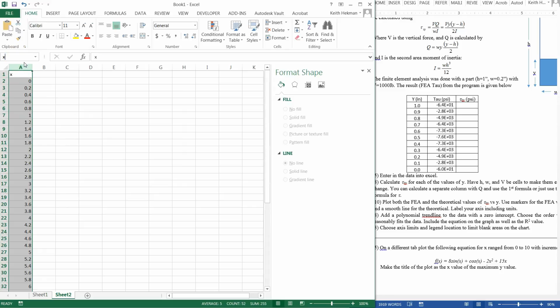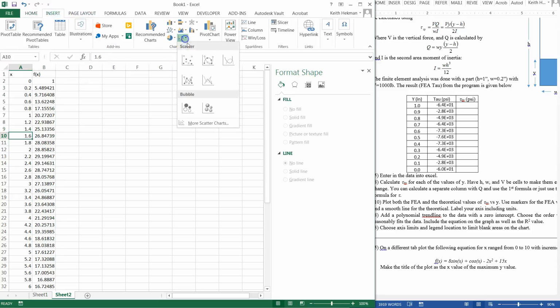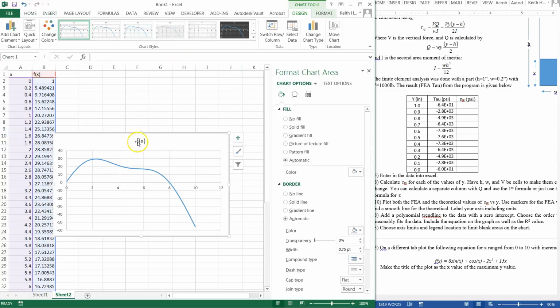We label this column x, and then this would be f of x. And since we labeled this column x, we can just type in our formula. So it's equals 8 times sine of x plus cosine of x minus 2 times x squared plus 15 times x. Control Enter to keep us in the same cell. And there's our plot. And then we can now insert a line, and then the title,